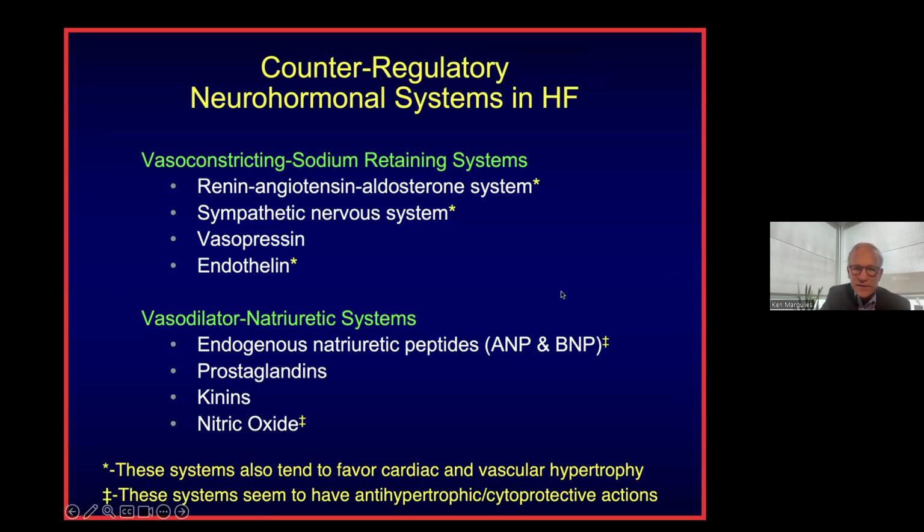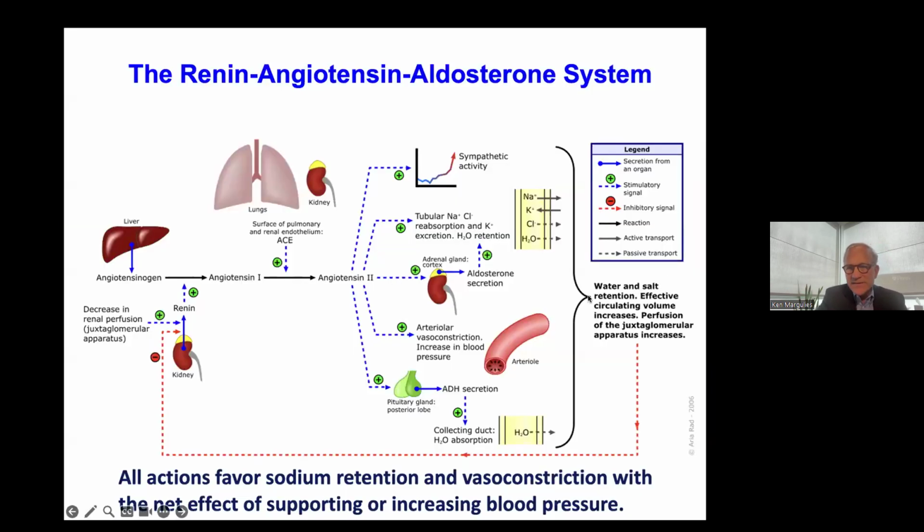And they're listed here: endogenous natriuretic peptides like ANP and BNP, native prostaglandins, kinins, and downstream of kinin signaling is nitric oxide. When people talk about neurohormonal activation, they're talking about these and systems like them. I want to mention that these systems, as I suspect many people know, are very protean in their actions. Even when we do something very precise, like give an ACE inhibitor or an angiotensin receptor antagonist, we're having quite